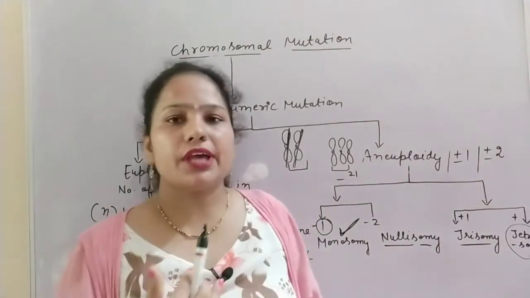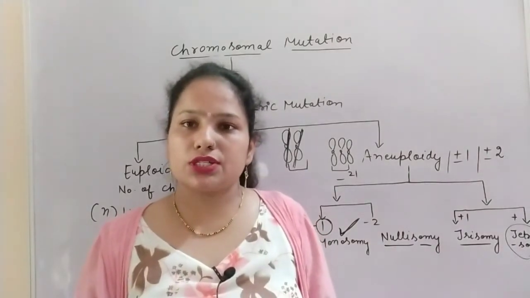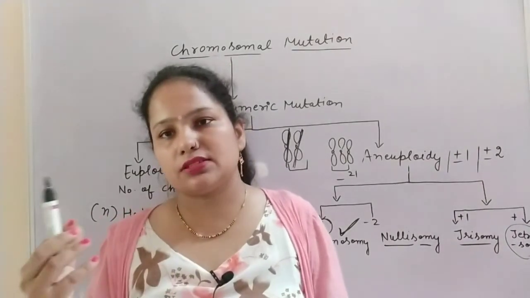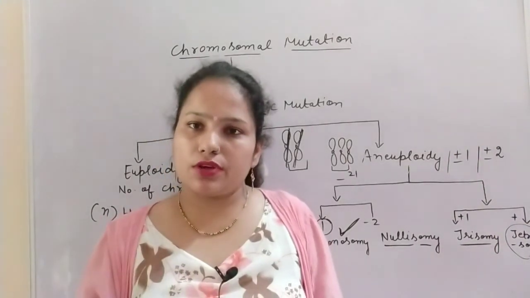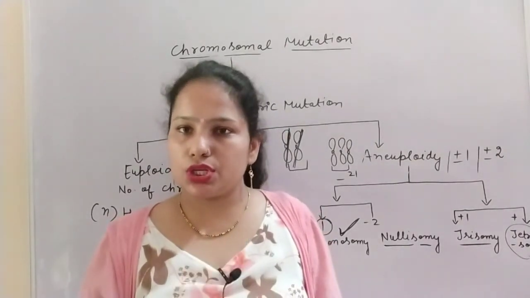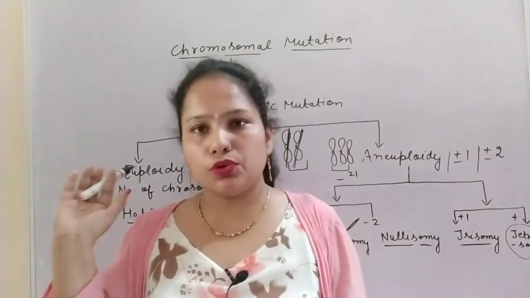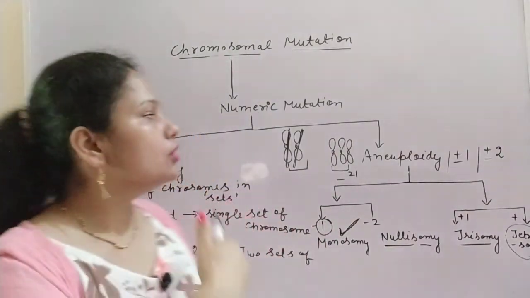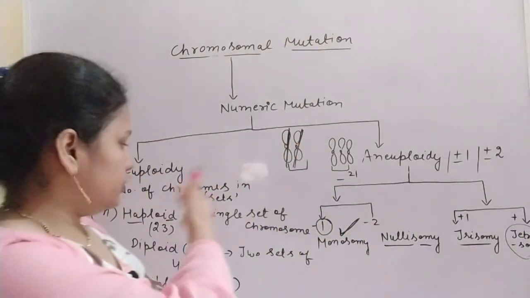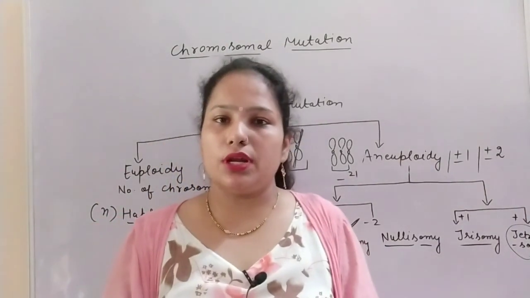So in this video we have discussed the topic chromosomal mutation. So chromosomal mutation, that is of 2 types. First is the morphological mutation and second is the numeric. So in morphological mutation there are the further 4 types. First, deletion, duplication, inversion and translocation, and the second the numeric mutation. In the numeric mutation, two types, euploidy and aneuploidy, and further I think you all understood. So that is about the chromosomal mutation.